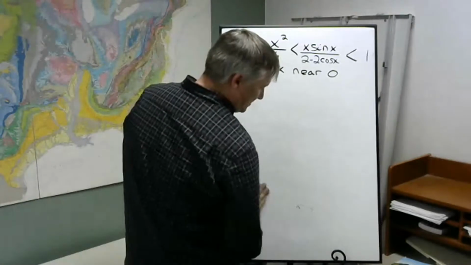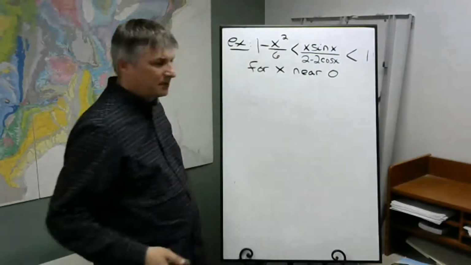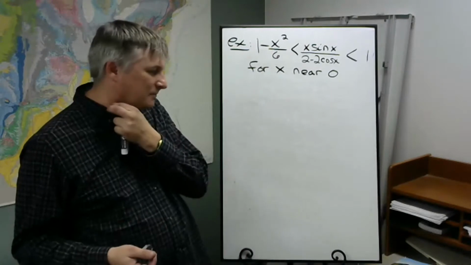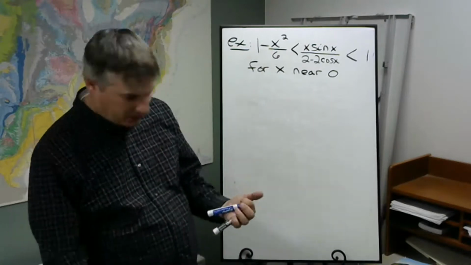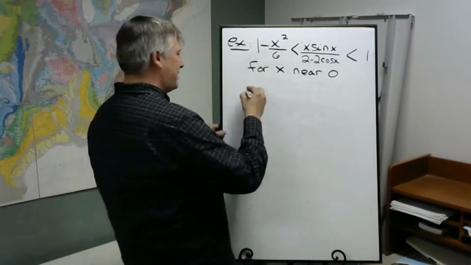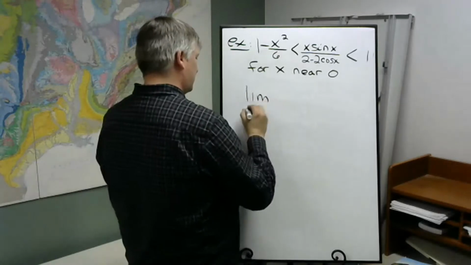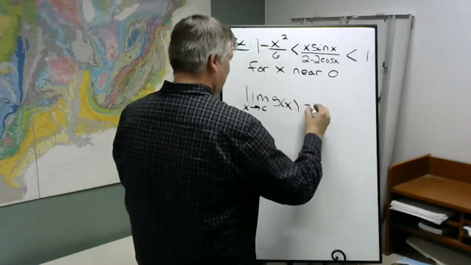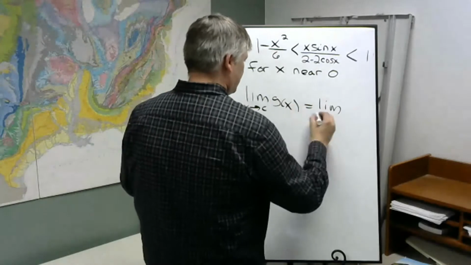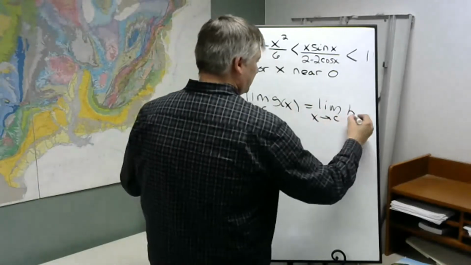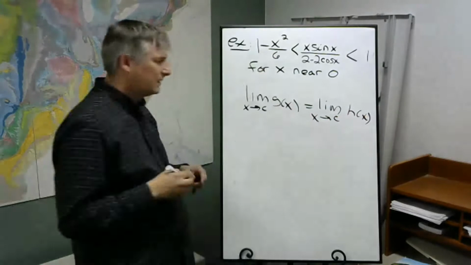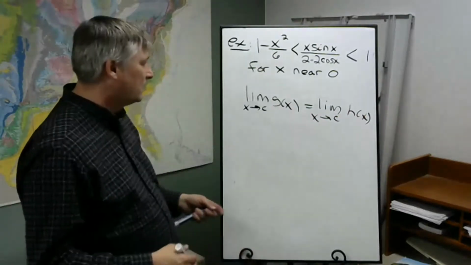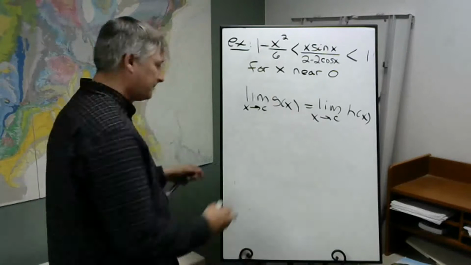What the sandwich theorem sometimes can do is give you an idea of... well, the key thing about the sandwich theorem is that you've got to have your limit for g of x equal your limit for h of x. This is actually really important, and here's why. If this isn't true,